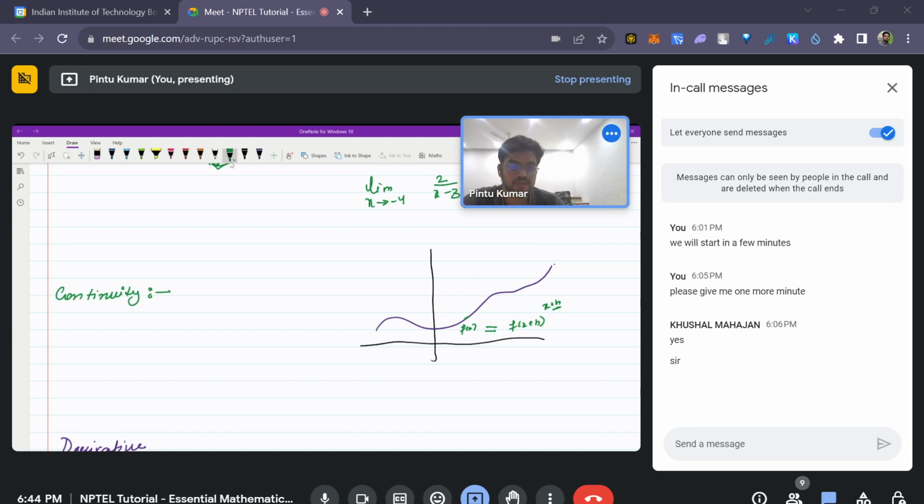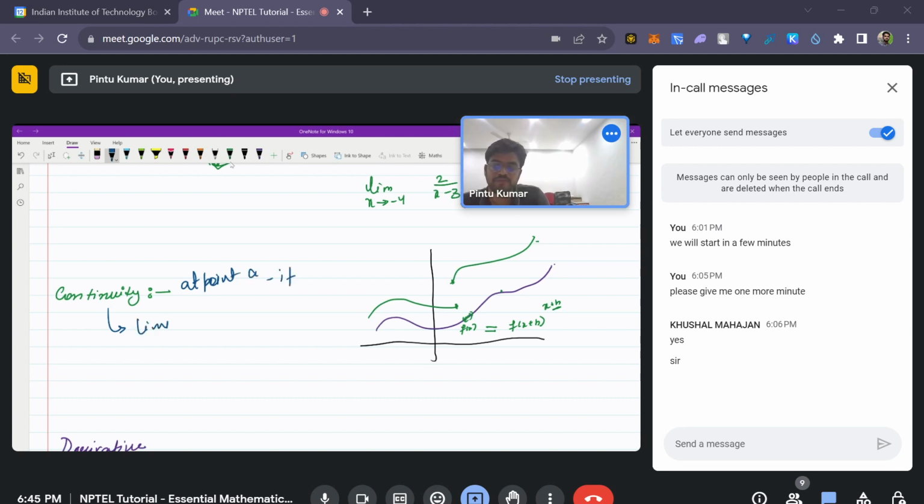So let's say the graph was something like this, so there is a sudden jump in the value of f of x at this point, so you can't draw this without lifting the pen, right? So what you want is that the values in the vicinity of f of x, at nearby points, should be close to f of x, right? So this idea is captured by a definition. You say that a function is continuous at point a if